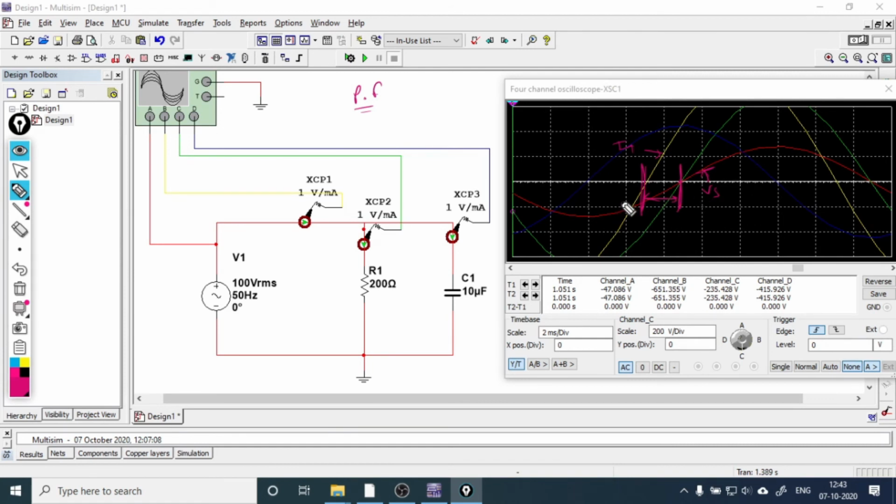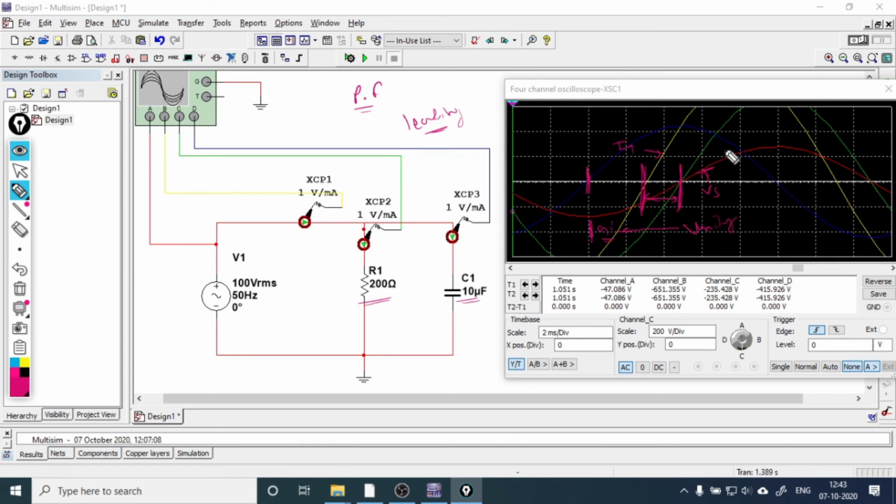So if the circuit is purely resistive, power factor is unity. But if the circuit is purely capacitive, power factor is 90-degree leading. And if the circuit is the combination of RC, the power factor is anywhere in between 0 to 90-degree leading. But in this case we will get the leading power factor, right? So this is the analysis of RC parallel circuit.